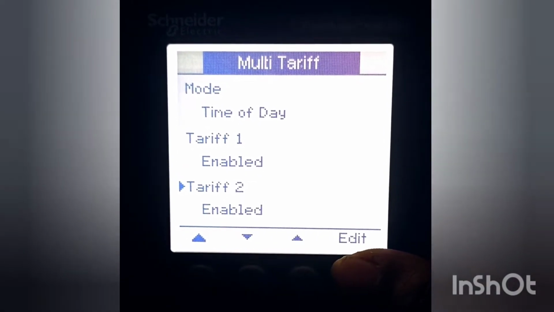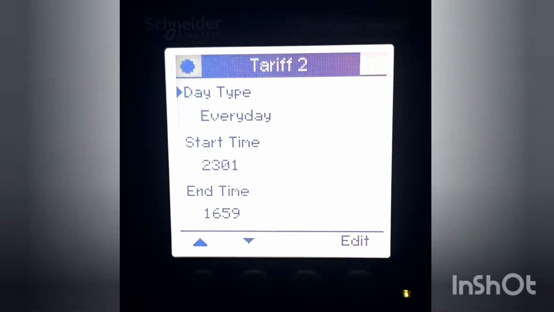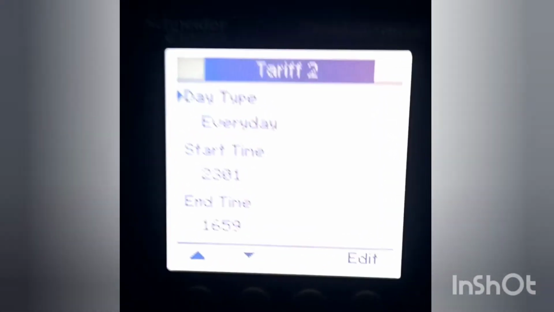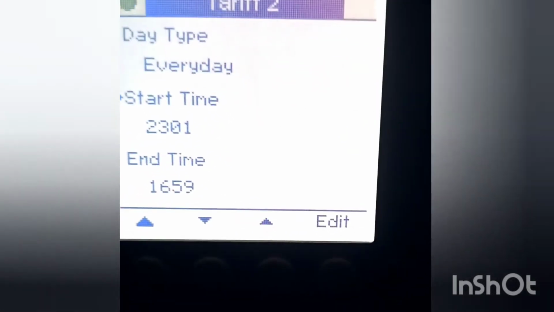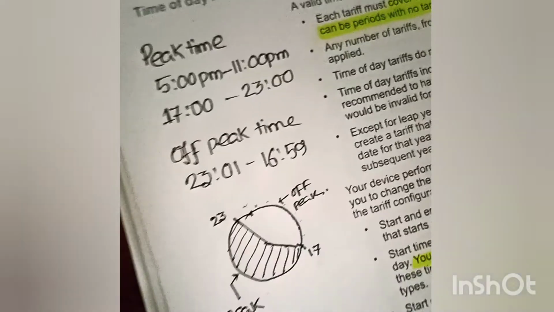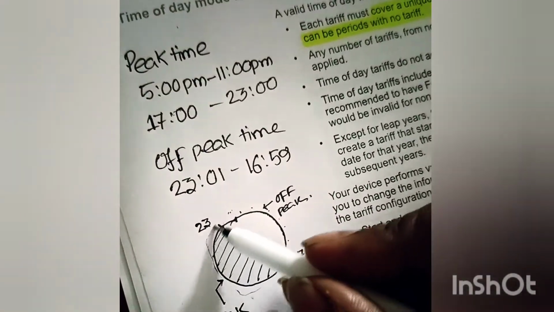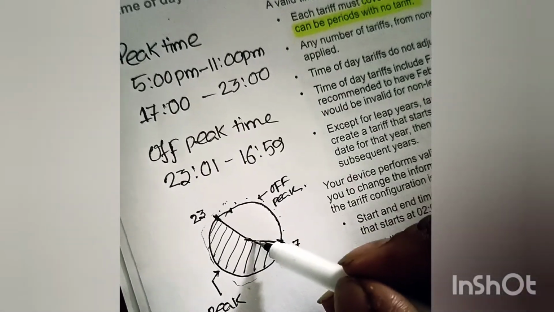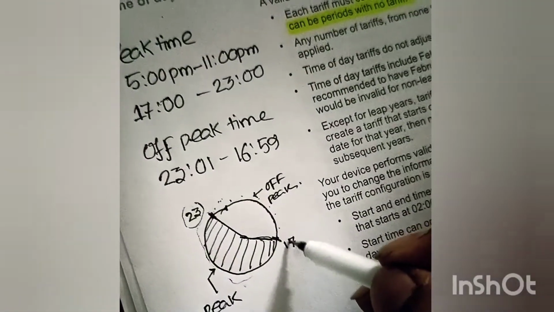Now for off peak time I have to explain it a bit. It's a little bit trickier than the peak time, as you have to take the other times, right? So to do that you have to go backwards. Here I will show you. So for peak times we selected 17 hours to 23 hours, right? So now we have to take the other portion of the day. It will start from 23 to 17,